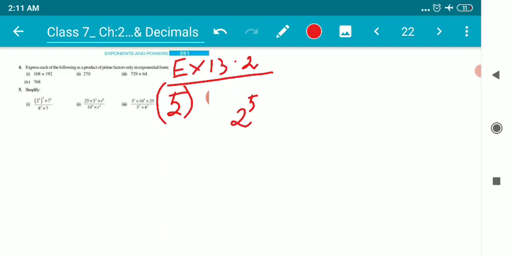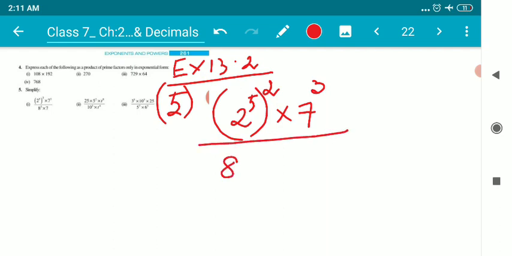(2 to the power 5) whole to the power 2 into 7 to the power 3, that means cube, divided by 8 to the power 3 into 7. Children, question is how to solve it. Okay, children, as we all know the rules of exponential numbers, when a power comes over another power, remember they get multiplied, which I've already explained in the previous video.